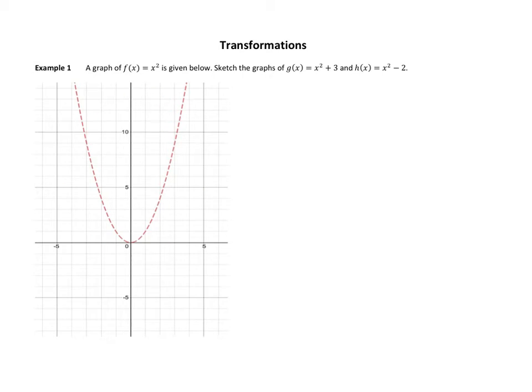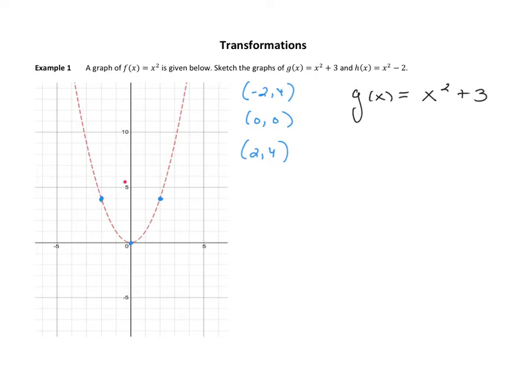So if I'm going to pick a few to work with, this is the point -2 comma 4. This is the point 0, 0. And then here is the point 2 comma 4. Where will these points go on the function g of x? Let's figure that out. So if I work with g of x is equal to x squared plus 3,